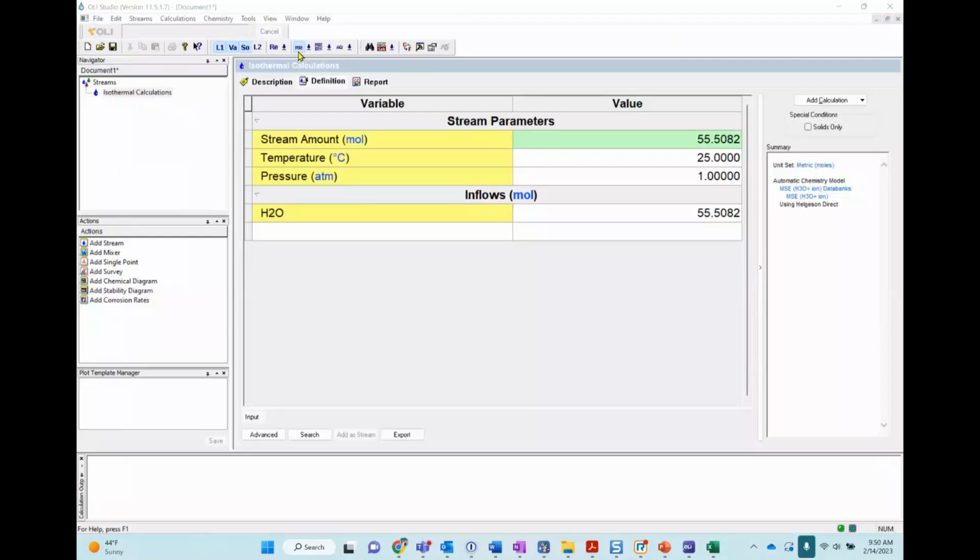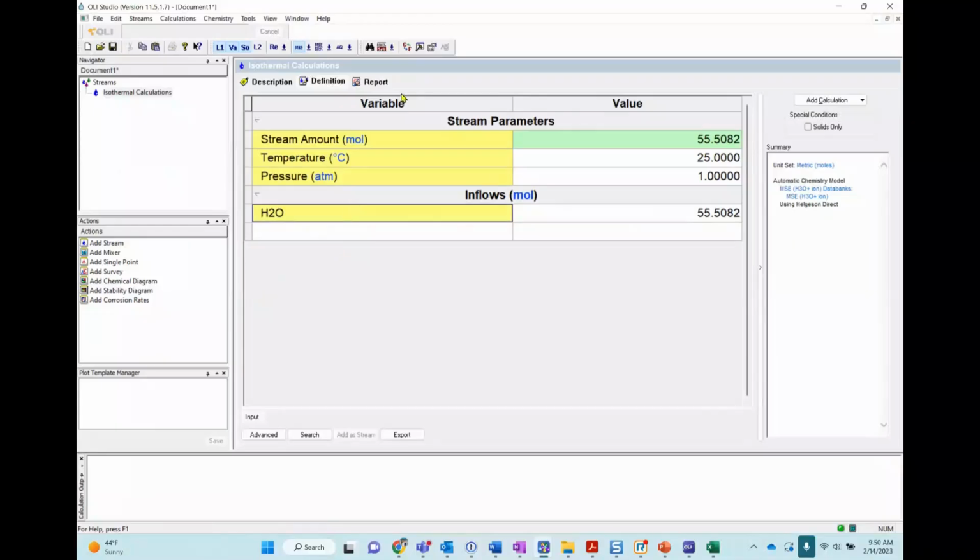Okay, we can use the MSE framework or the AQ framework here. For this example, it's not relevant. You will see that you'll have something turned on here. These are the phases: liquid 1, vapor, solid. That's by default. The software also adds water by default as an inflow. It's always going to be the case. We are an electrolyte software package and we need water, so we put it by default so people don't forget.